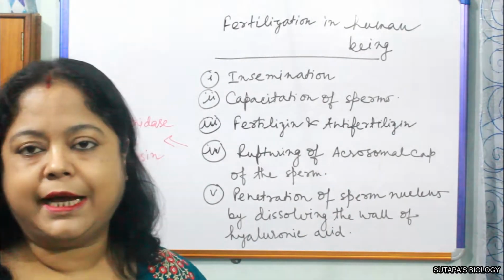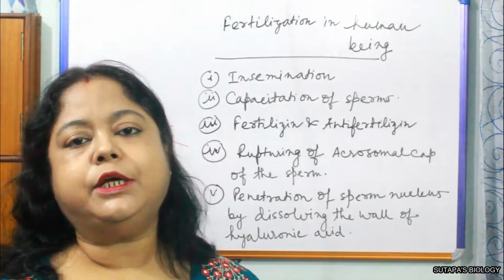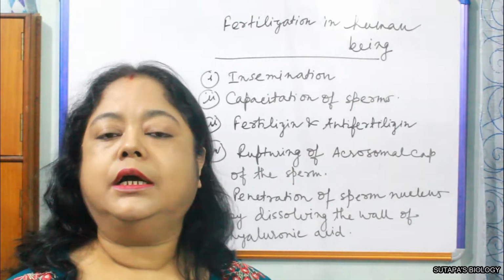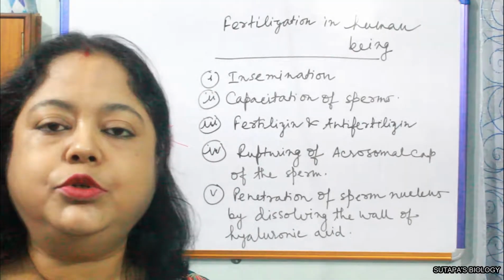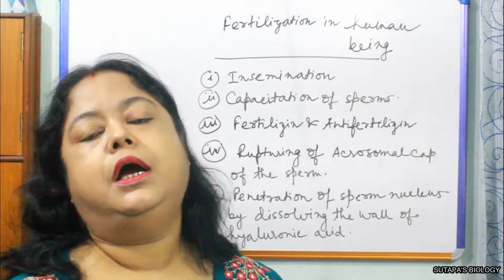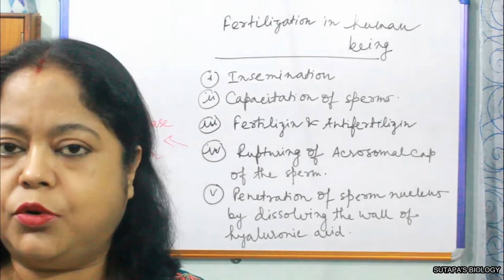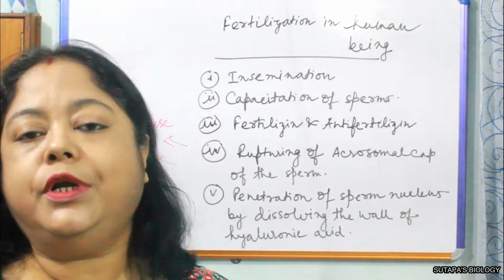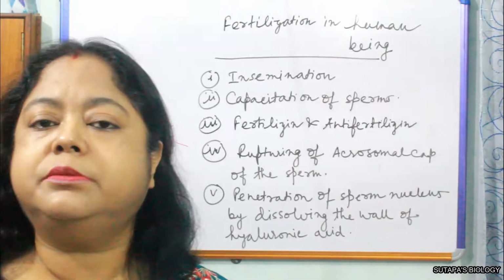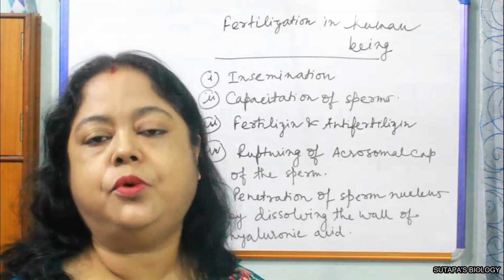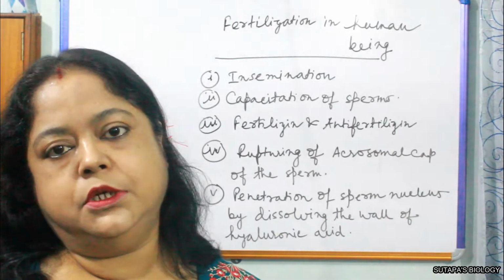So after that, the sperm nucleus is now inside the ooplasm, and the other parts of the sperm, its outer covering, its mitochondria, its tail, etc., are all left outside. Only the nucleus of the sperm with the proximal centriole, not the distal centriole, only the proximal centriole with this will go inside the ooplasm to perform the next function.